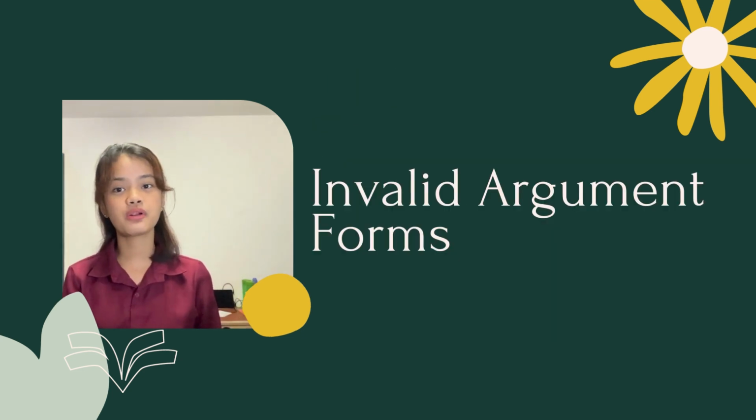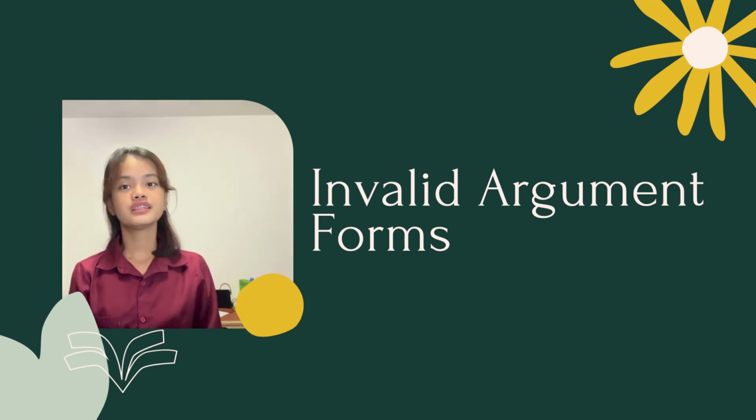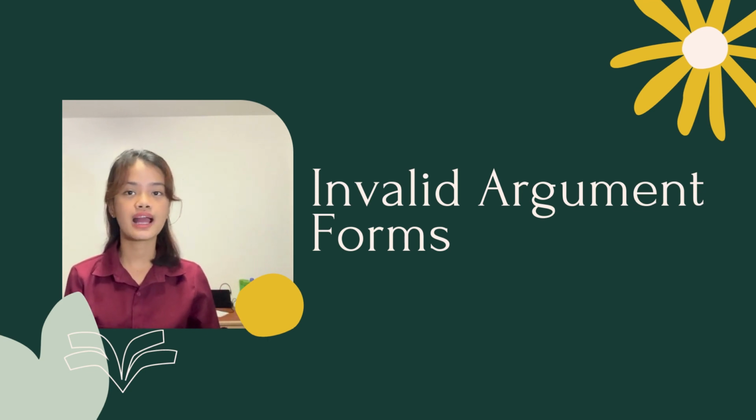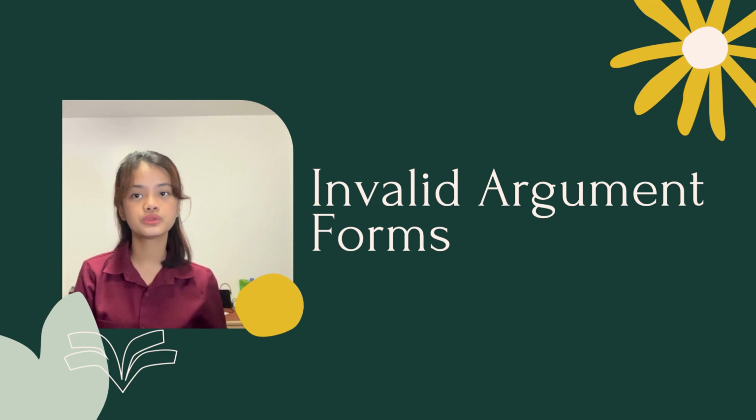So that's for our valid argument forms. Let us now proceed to the other half, the types of invalid argument forms. Let us first define an invalid argument form. Going back, valid argument form is where the premise and conclusion is both true. On the other hand, an invalid argument form is an argument where the premise set is true and the